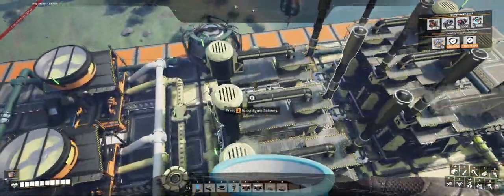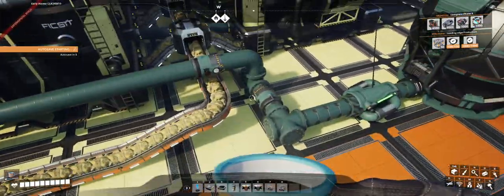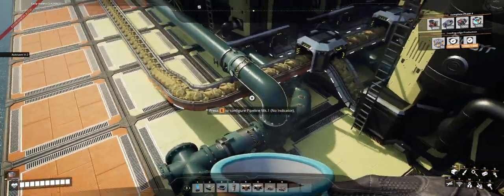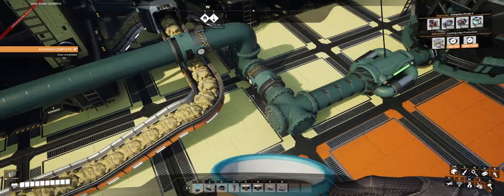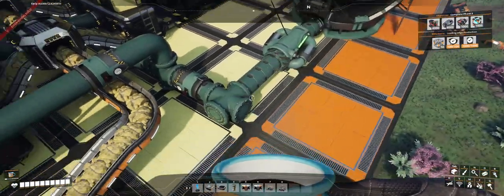So this still has potential deadlocks. I haven't touched this since I got the VIP, but I think the way that I happen to have brought my water in forms a VIP. Thank you, autosave. So we've got the recycled water coming in here with a fluid buffer and a pump and